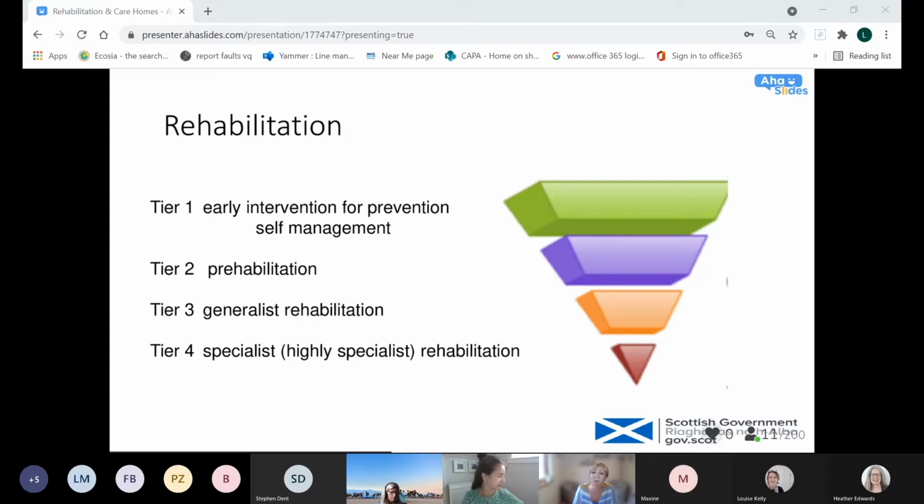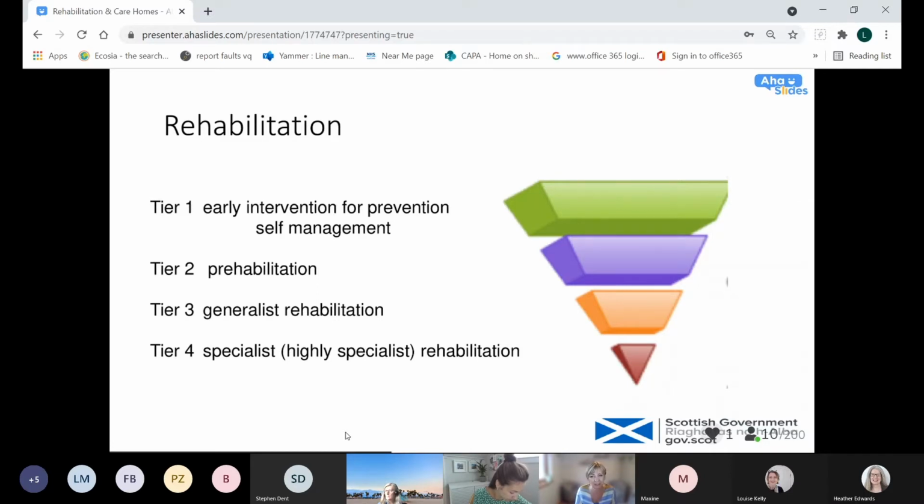So there was just a couple of things we would want to say, really to kind of start off the conversation about rehabilitation, because I guess people have different views of what rehab is. And we thought this triangle was maybe really helpful in giving a sense of the breadth of rehabilitation. So we've got a triangle that we've kind of turned on its head, because the specialist bit we've kind of put at the bottom. So people might think about rehabilitation as being that specialist bit, the stroke rehab, cardiac rehab,